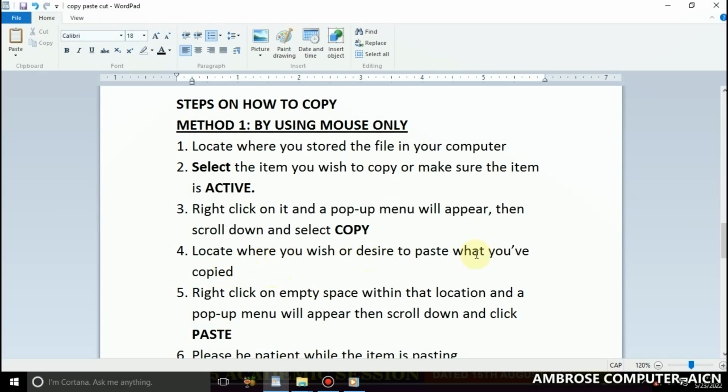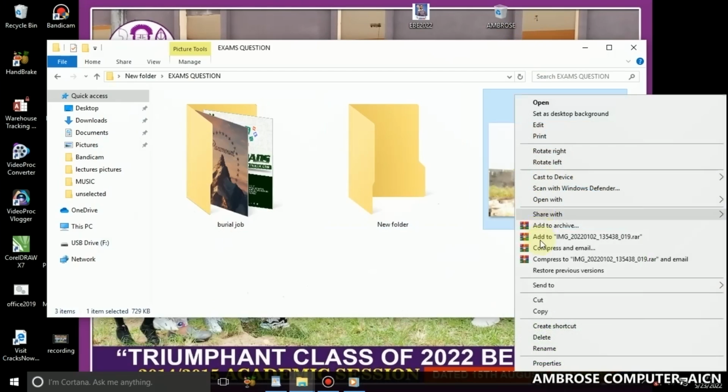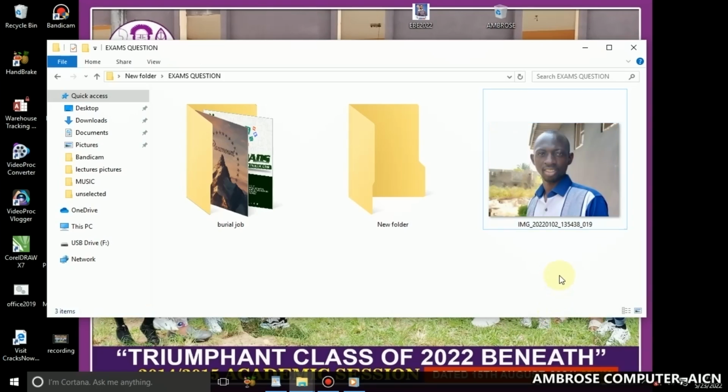When the pop-up menu appears, scroll down your mouse, because we are using only the mouse now. Scroll down your mouse and click on and select copy. Immediately you right click, select the word copy. Scroll down, or move your mouse pointer. You don't even need to scroll down, just move the mouse pointer down to copy. When you get to copy, click on it. You can hear the noise now. I've clicked on it,